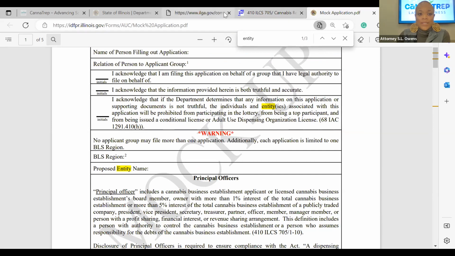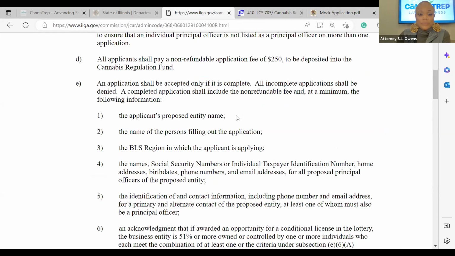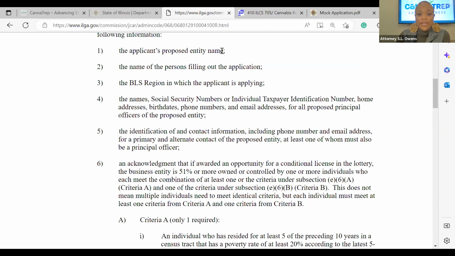And then the other place I would go, as I think you guys know by now, is the rules. And this is where it tells you a completed application shall include the non-refundable fee and at minimum the following information. The applicant's proposed entity name. So just because you haven't formed the company, doesn't look like that's a prohibition. They just want to know the name of the proposed company you want to form. The name of the person filling out the application, the BLS region in which the applicant is applying, the name, social security number, or individual taxpayer identification number, home address, birthday, phone number, email addresses for all proposed principal officers